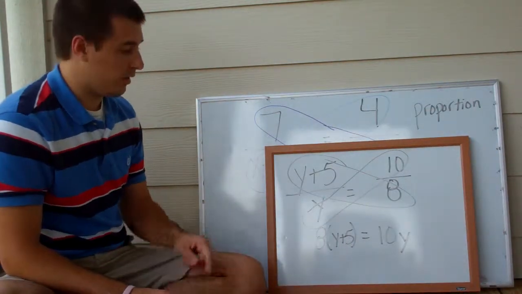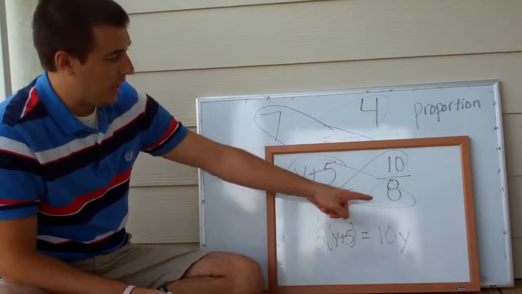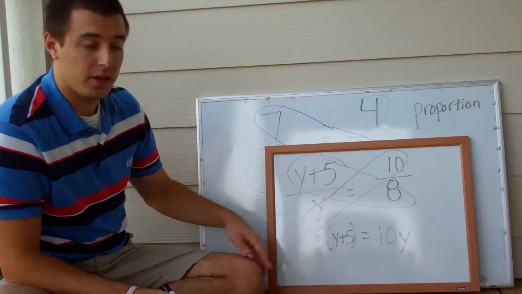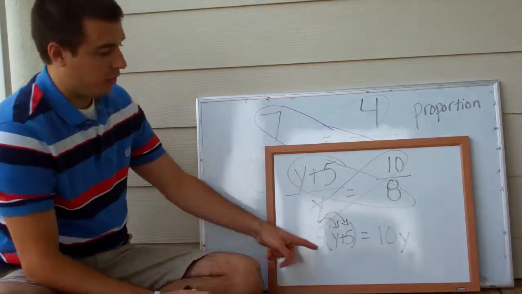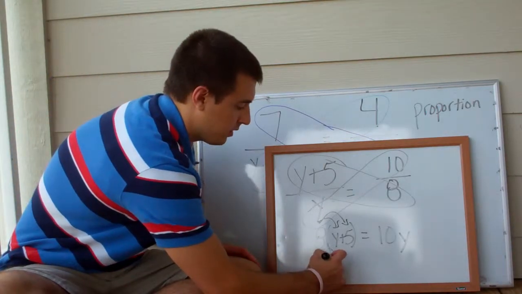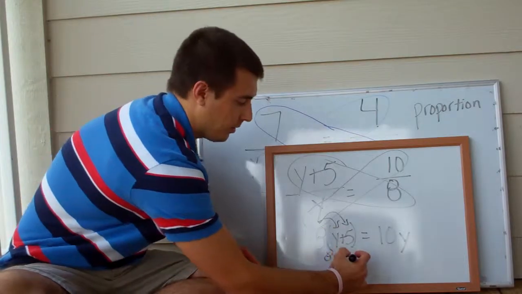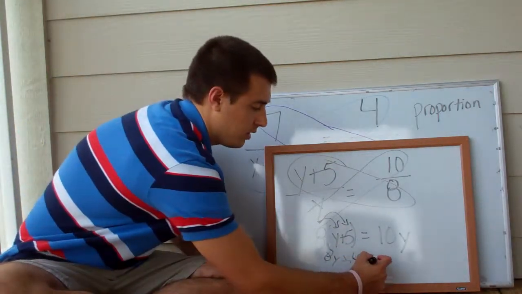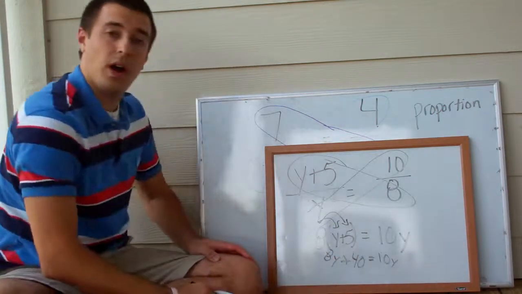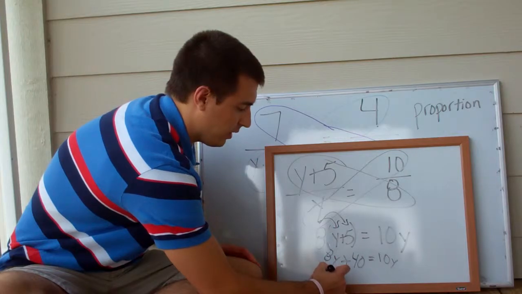something that looks like this. Because we did y times 10, and then we did 8 times y plus 5. Remember, we still need to distribute this. So we're going to have 8y plus 8 times 5 will be 40 equals 10y. So now, by subtracting 8y,